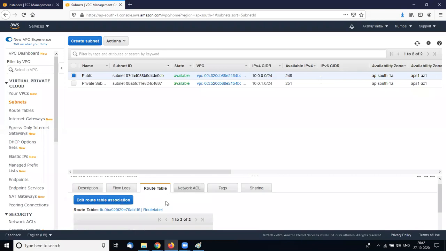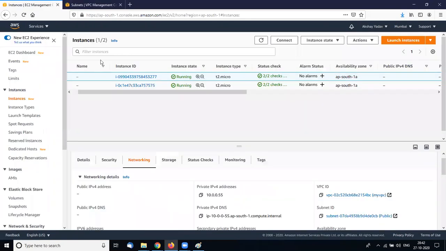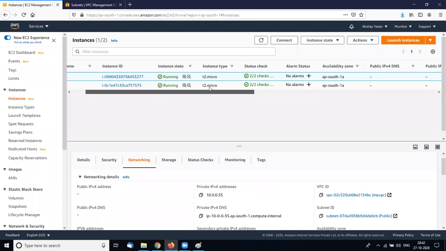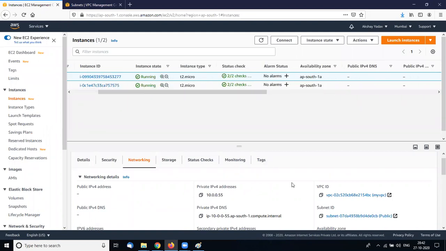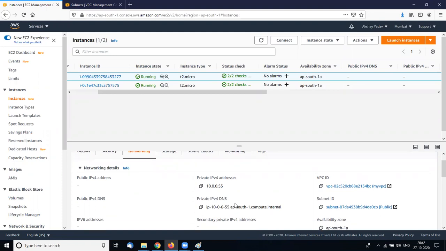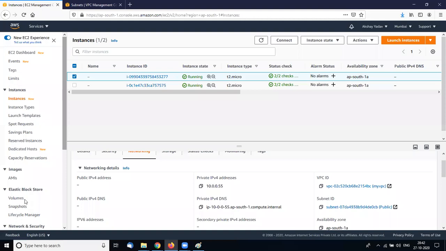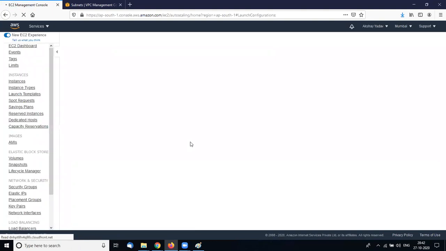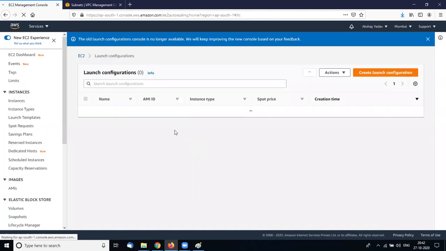What happened? I just created my machines in my private VPC, so a public IP is not assigned to that machine, because of the internet gateway. So I need to assign a public IP to that machine. I need to go into my launch configuration. I think I am unable to change the launch configuration because it is already preset.